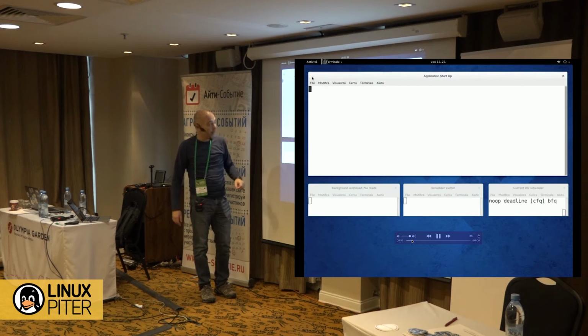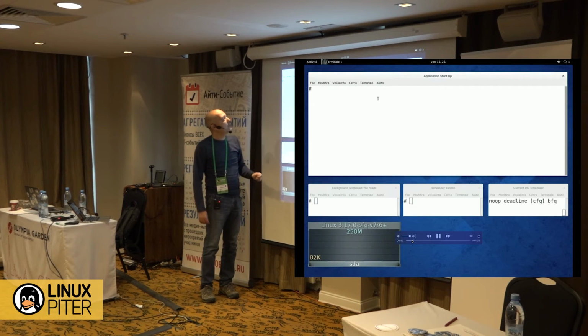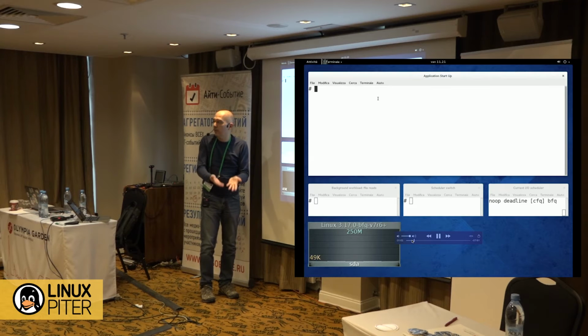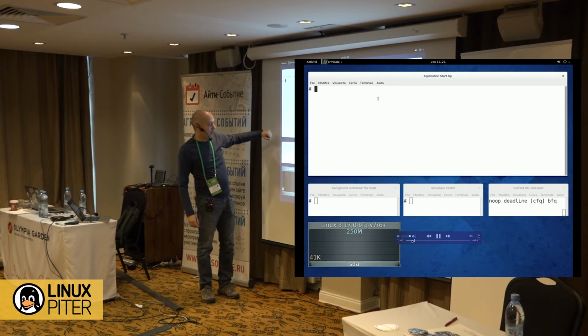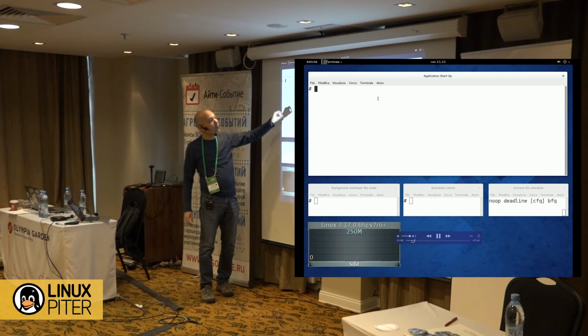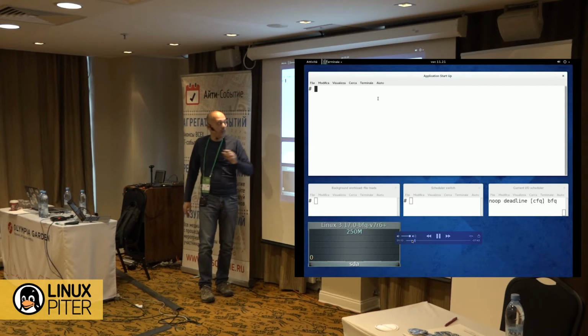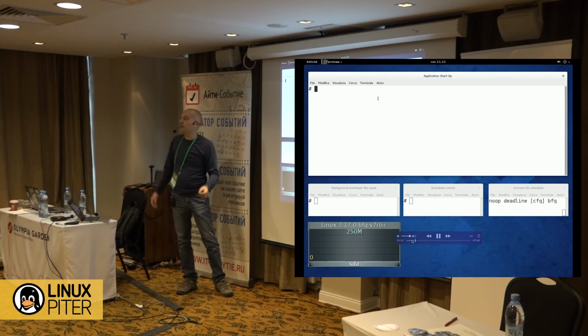In that window, I will start repeatedly a terminal with cold caches, because that's how you get I/O involved otherwise. So here I will start this terminal repeatedly and measure its startup time. So I'm measuring responsiveness by measuring the startup time of the application.